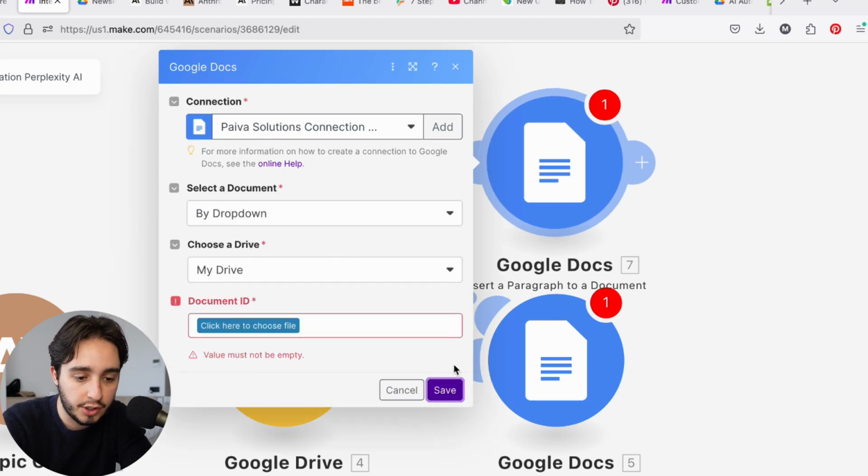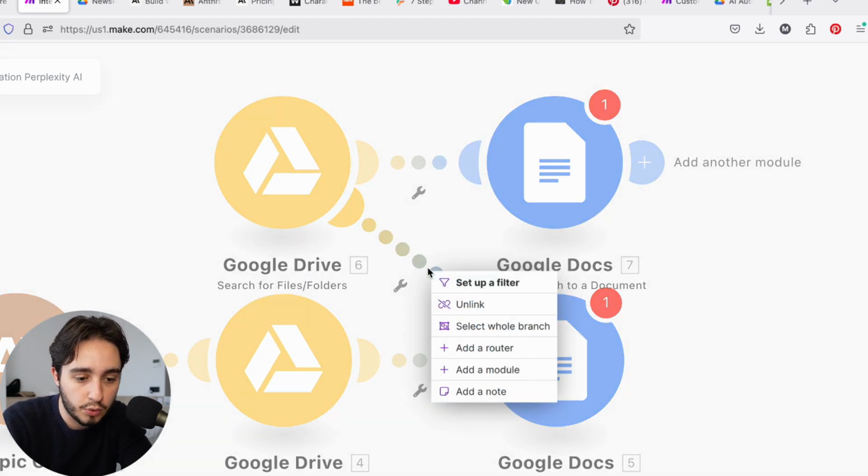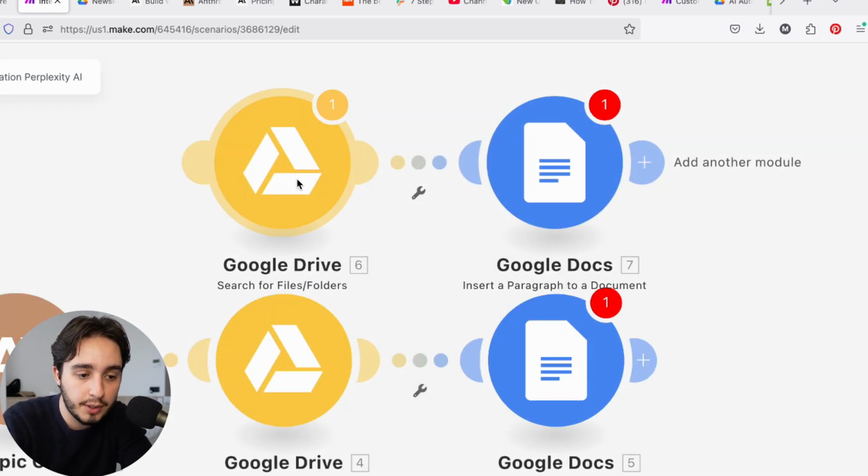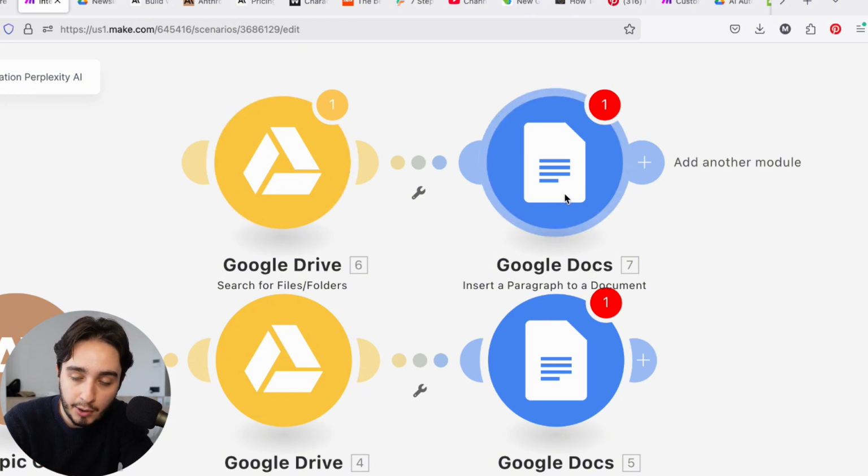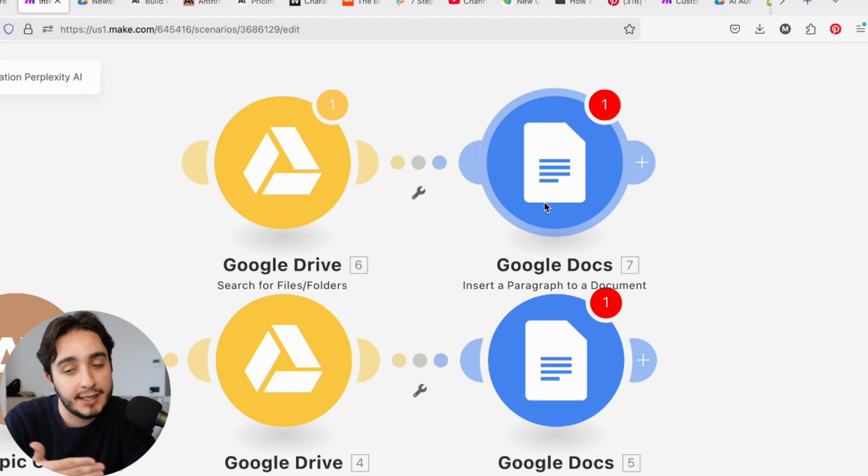So the key difference between these two workflows is that the one on top is just looking for existing files and folders within a Google Drive, and this one is adding a paragraph to an existing file. So let's say you already have a draft, you would just use this to add the information at the bottom of your document, for example, that Anthropic is coming up with, so you can use that information later